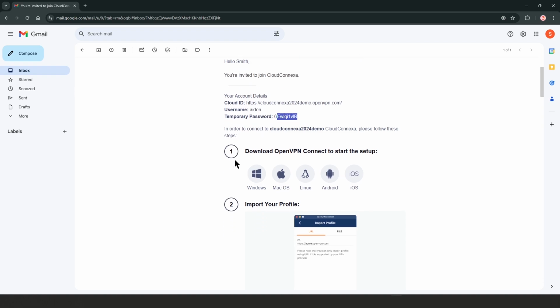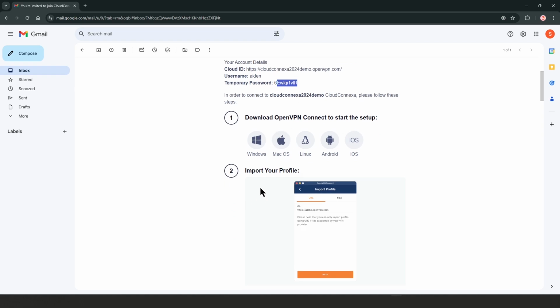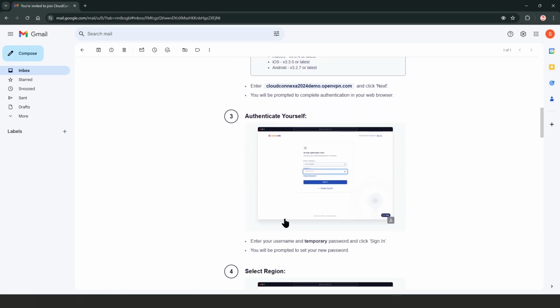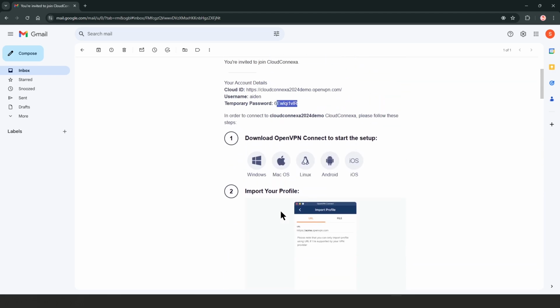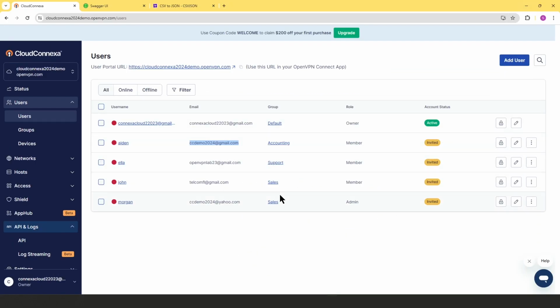password. Now, there are some instructions here on how to connect, how to download the Connect app, and import his profile so he can follow this. And we have other videos that show this process. So this is how we add multiple users to CloudConnexa with local authentication with just a few